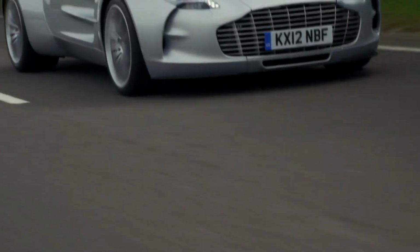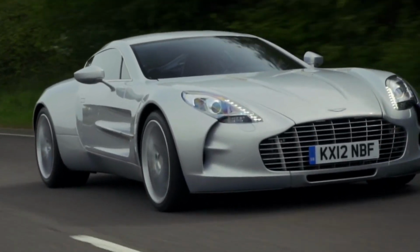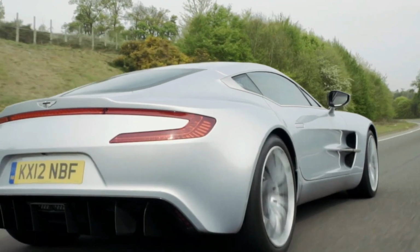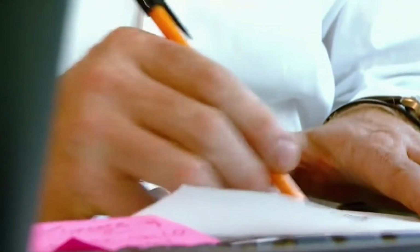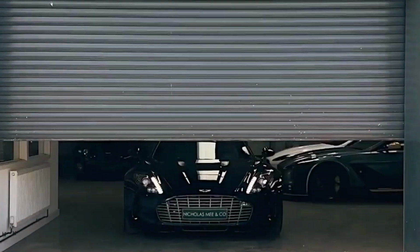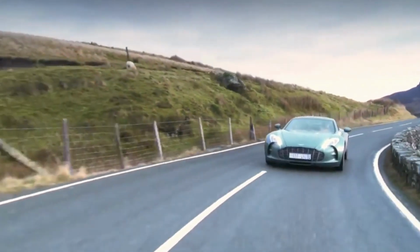The 177 was conceived during one of the most challenging periods in Aston Martin's history. Yet, rather than playing it safe, the company chose to create something extraordinary, a car that would redefine what an Aston Martin could be. If you're ever fortunate enough to see a 177 in person, take a moment to appreciate